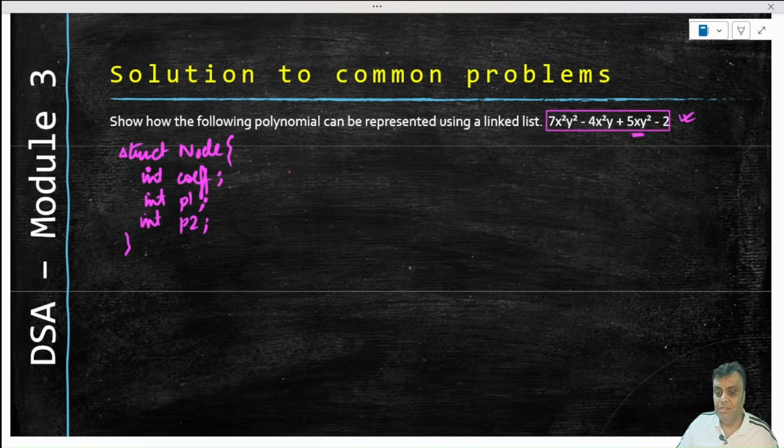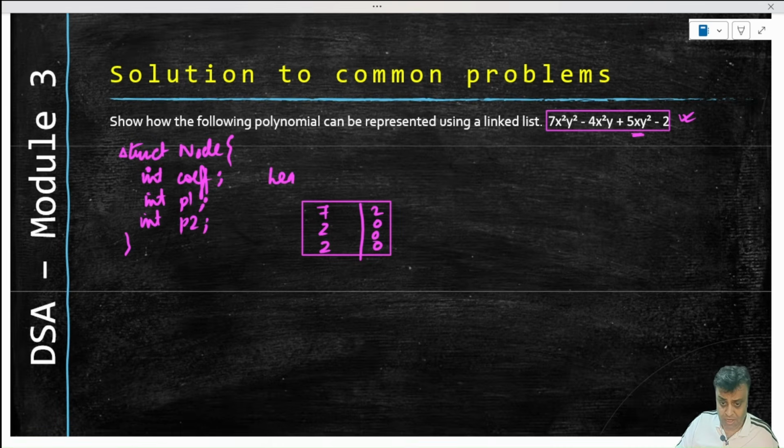And after that you say that this is how it will look like in terms of the map of the linked list. So you'll say that I will have 7 here as my coefficient, I will have 2 as x's power p1, and I'll have 2 as y's power, and then I will be starting to point to 2000. So there will be a head which will be like this, and it will point here. We could be very professional and say, okay, no more heads, it is a polynomial, so let us call it as poly, right? So it will point to this, which is at 1000,